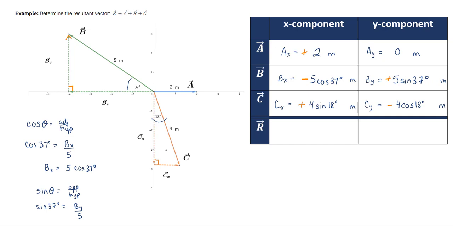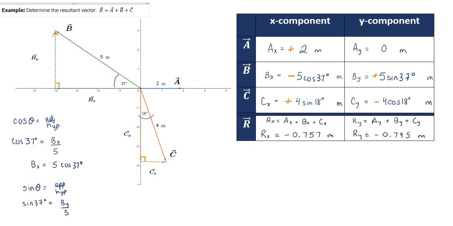Now we're ready to go ahead and add all of our x components together and add all of our y components together to get the x and y components of our resultant vector. It is best to save rounding until the final step of your calculation. For ease of reading, I wrote down 3 decimal places, but keep the values stored in your calculator until you obtain your final result. So we could essentially stop the problem there as we have solved for our resultant vector,